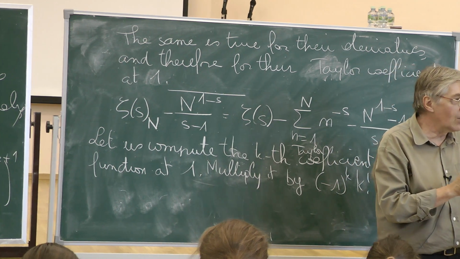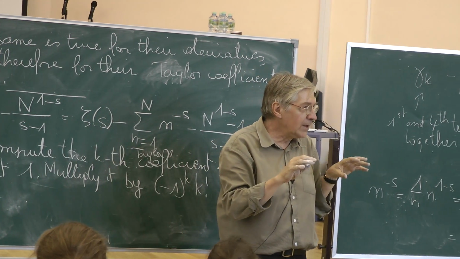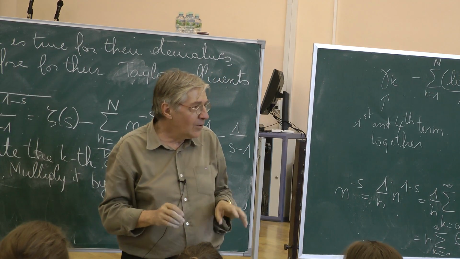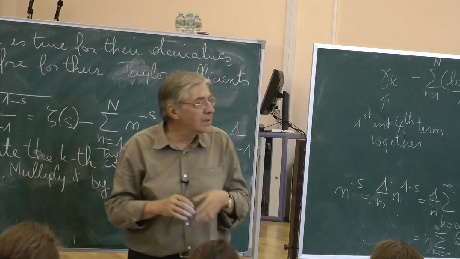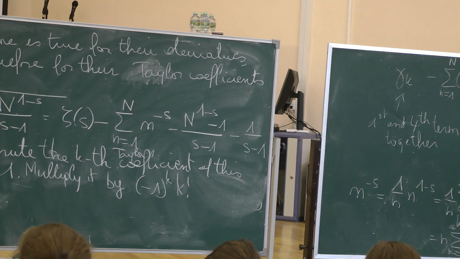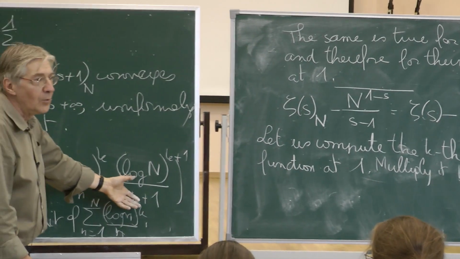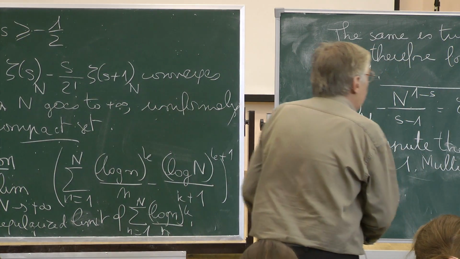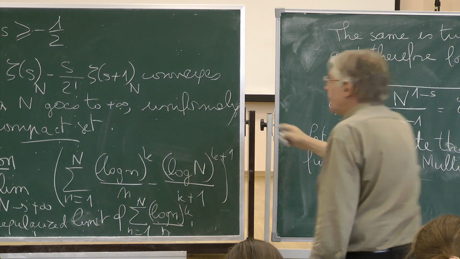So in fact, the strategy is now completely clear. We have in this translation formula only to care about finitely many terms. Each of these terms, we have to expand it completely formally, and we know that we will get a limit, and we have a proof, in fact, that tells that the limit exists and what it is, and what is the modification that you have to put in front of your truncated series in order to have that the limit exists. So the polynomial p of n log n, you find it also by this method, so you find everything. I will do the computation now in this particular case.